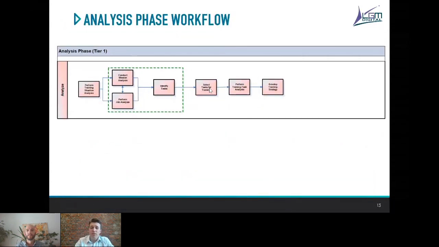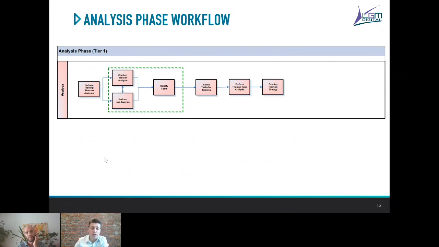Now, another focus on the analysis phase in itself. During the analysis phase, we will start by assessing or analyzing the situation. Why do we think that an organization or a unit, for example, a military unit, requires a training? We will analyze what is the evolution that could require training. For example, introduction of a new system, like a new ship, like a new aircraft, like another complex system.